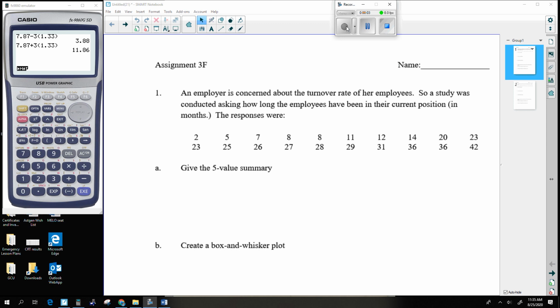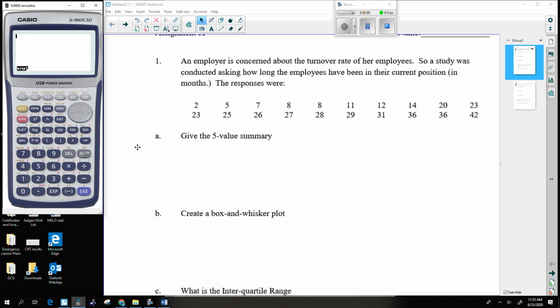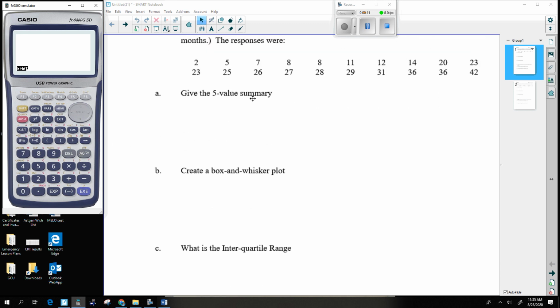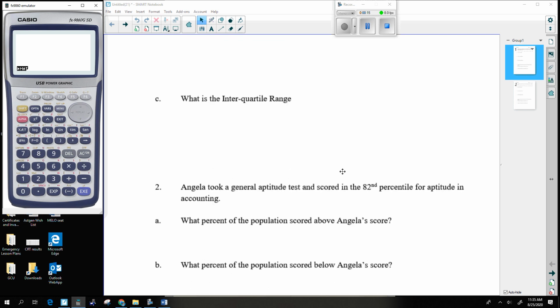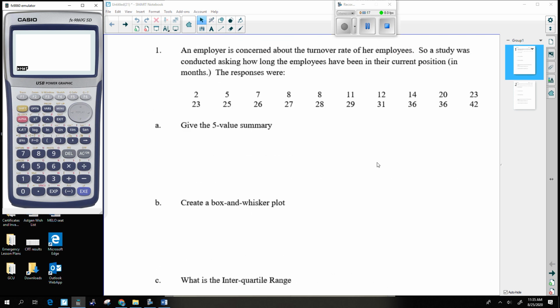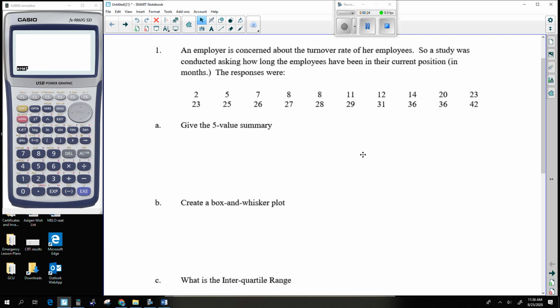All right, moving forward with everything, we are going to be talking about assignment 3F, which centers around this 5-value summary, a box and whiskers, and then down here with percentiles. Pretty easy, okay, as long as you know the process. All right, so let's go ahead and start talking about